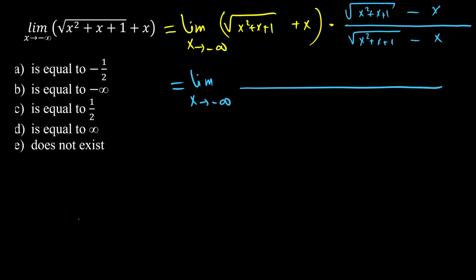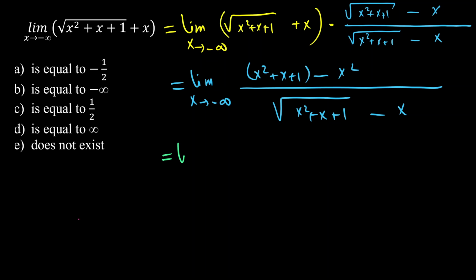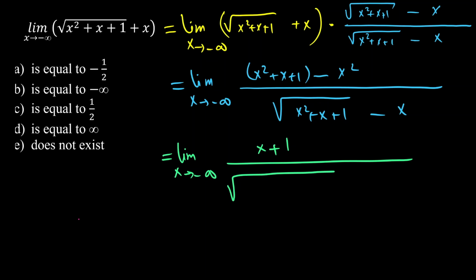Okay, and the result is going to be the limit as x goes to minus infinity. In the numerator, it will be the square of the square root, which is x squared plus x plus 1 minus x squared, and in the denominator it will remain as is. So this is the square root of x squared plus x plus 1 minus x. Okay, now this is equal to the limit as x goes to minus infinity. In the numerator we will have x plus 1 only, and in the denominator I'm going to take x squared as a common factor. So this is going to be 1 plus 1 over x plus 1 over x squared